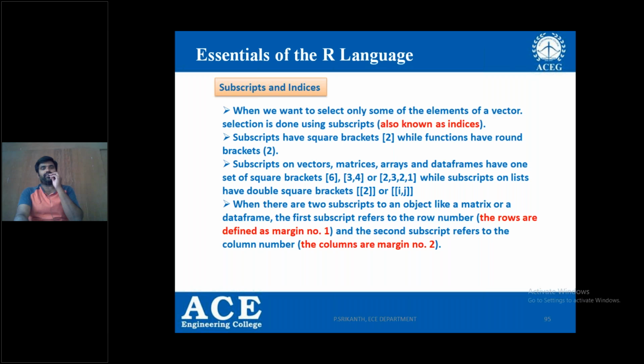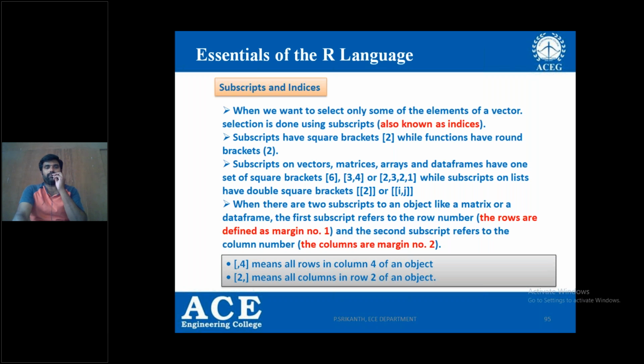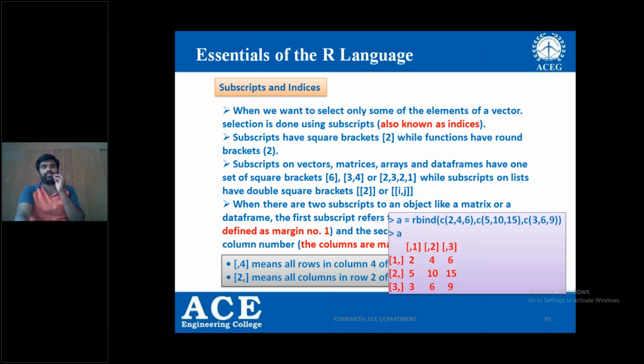The same thing we do even in MATLAB. A simple example: in the brackets, comma 4 calls all the row values but only from the fourth column of the object. Similarly, if I say 2 comma, it calls the second row, but all the columns of the object.